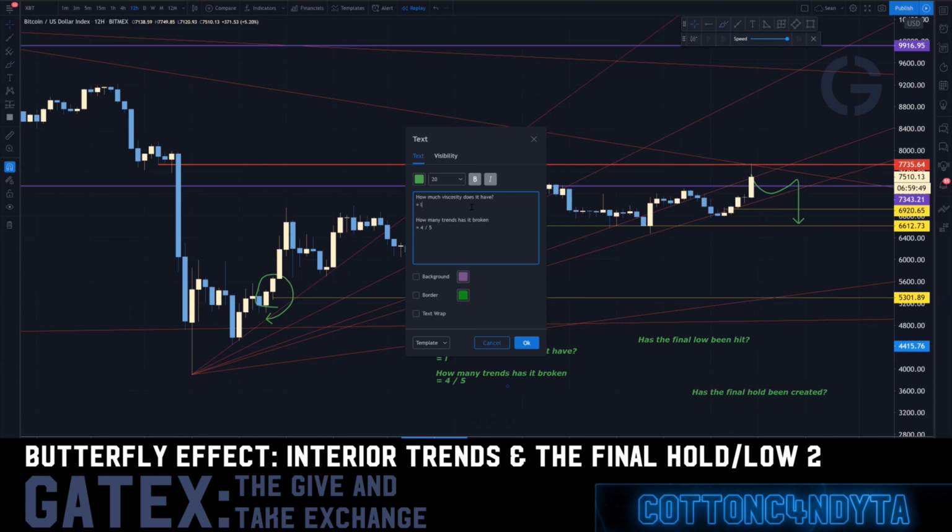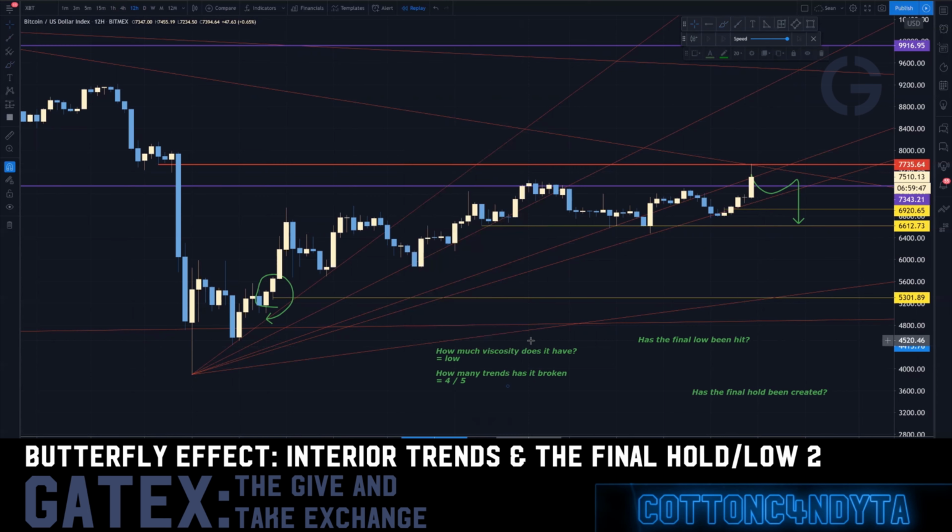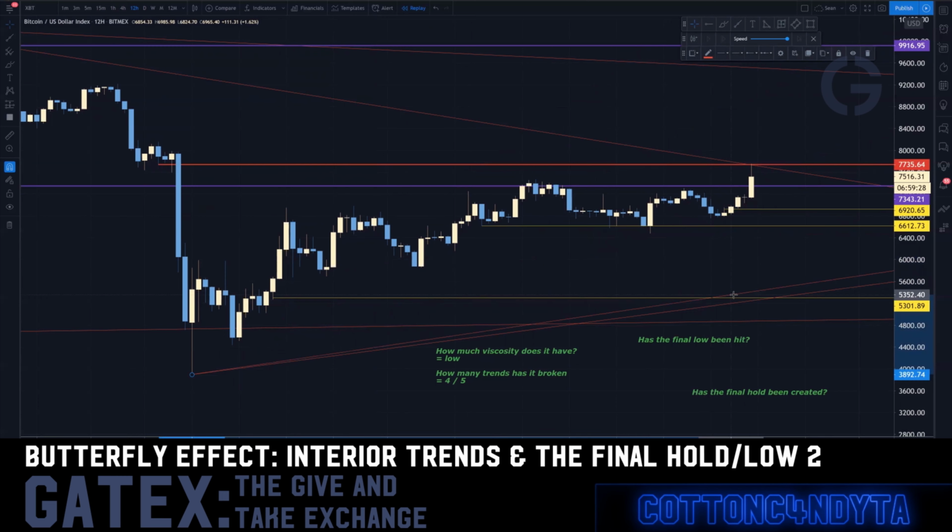We step forward 1 in the future and we're going to say 4. Now the viscosity is getting kind of low. As you lose viscosity in a trend, what is an original trend? As you lose that viscosity, you're going after more of these origin points to have a collapse in the move. So then something interesting happened. So we use all of these trends, and this has kind of been this defining factor of how many holds it has and all these pieces together that we look at hold levels that create these trend points, and you're going to get to this final low.